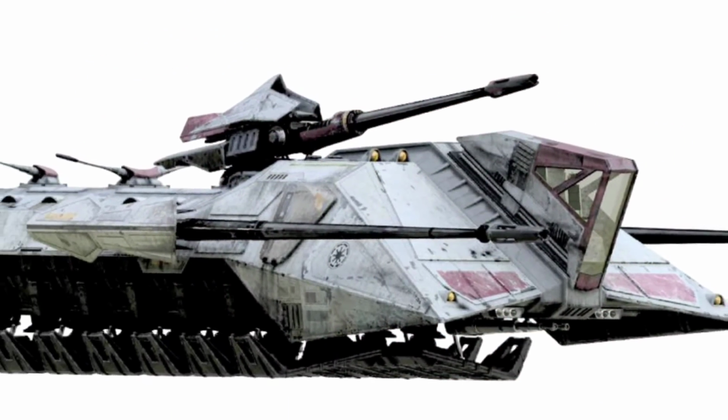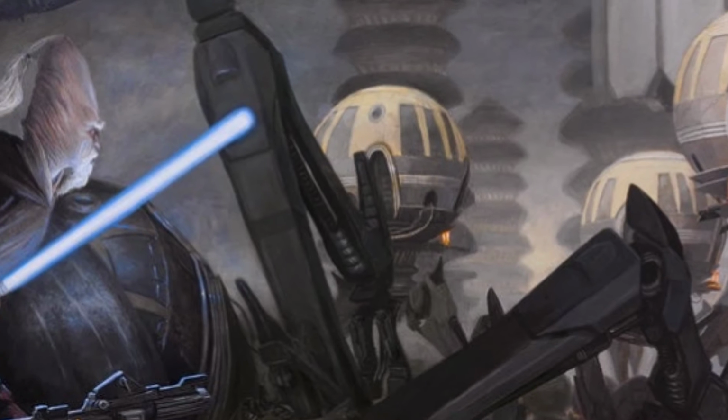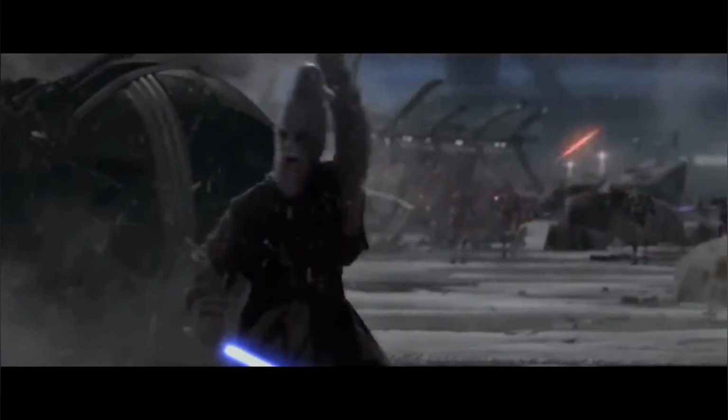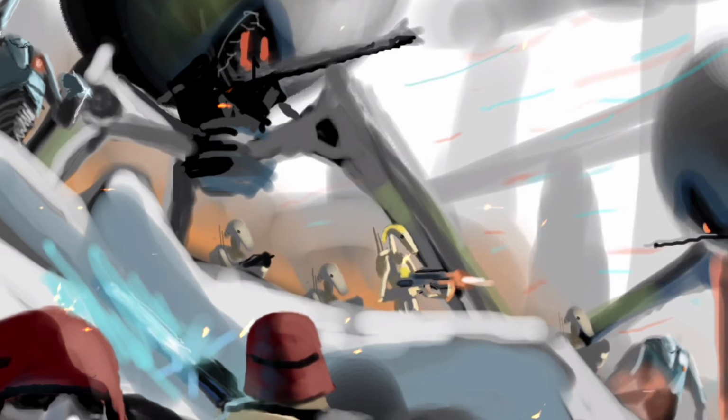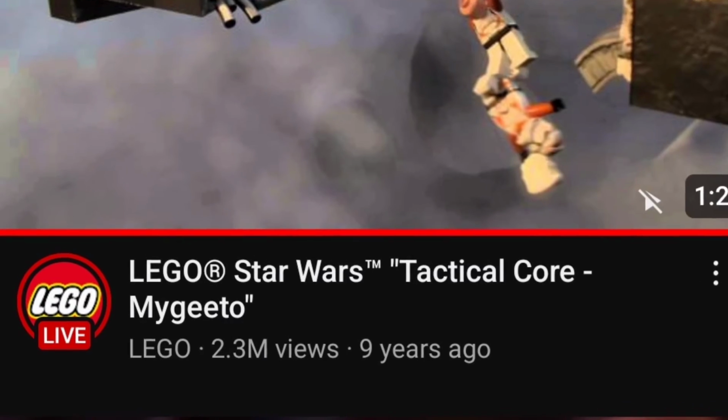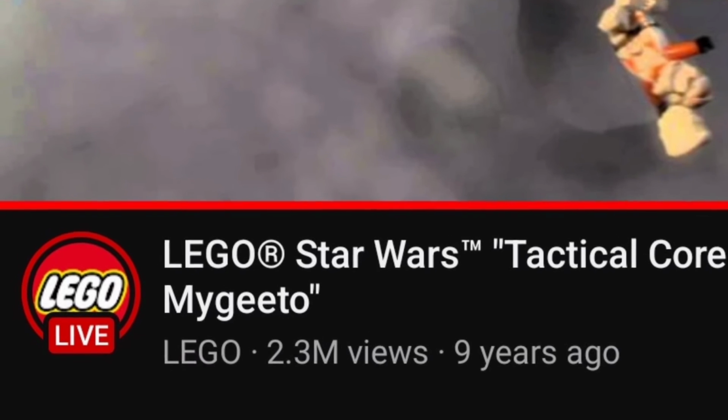Also, a little bit of a fun fact is that when Ki Adi-Mundi is about to charge out into battle again, you can see a downed Octuptarra head resting on the ground, which probably provided cover for the Republic forces seconds earlier. Also, I found a really dope video on YouTube posted by Lego, which shows a group of